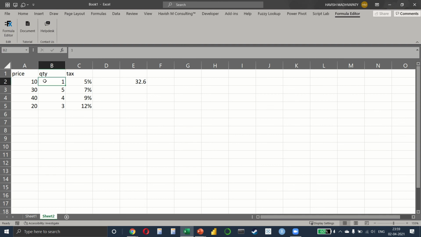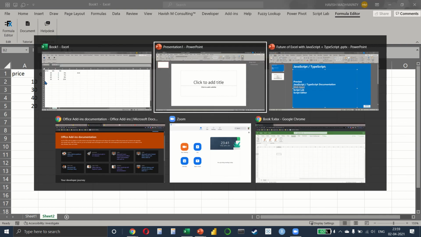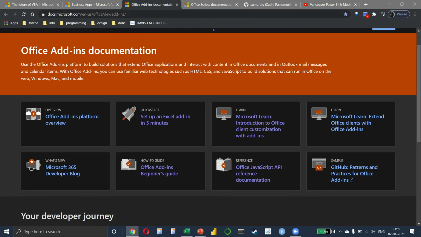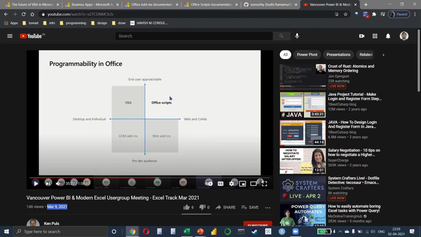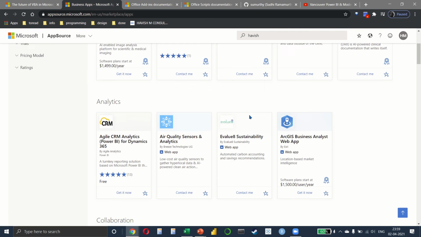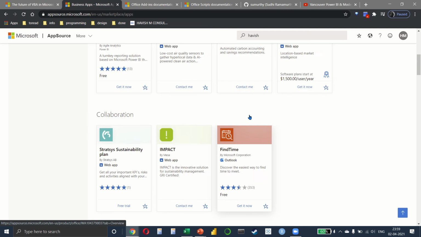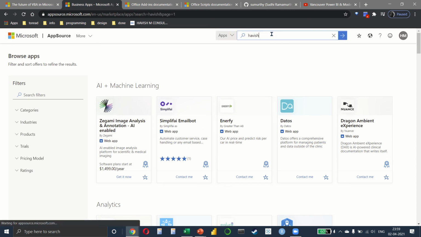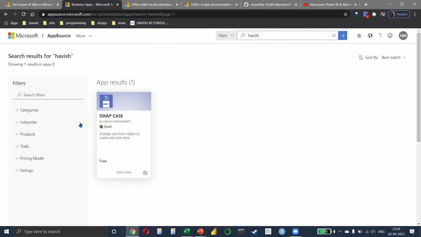If you want to see a list of all these web apps, you can simply go to the link that I've shared with you, which is the business apps on AppSource, and you can see these are the apps that are available. For example, if you search for Havish, you can see my app is available here as well.